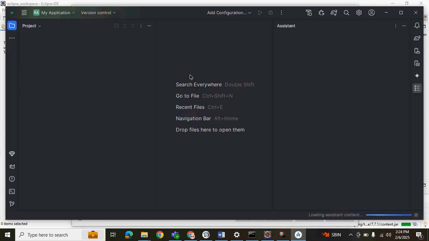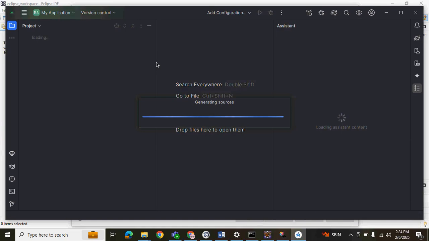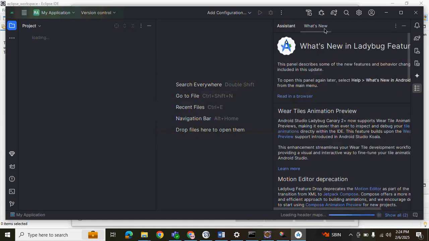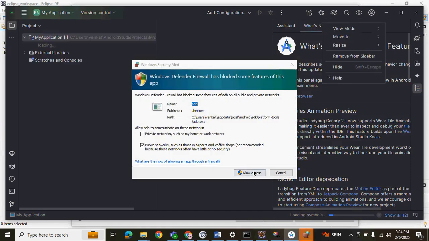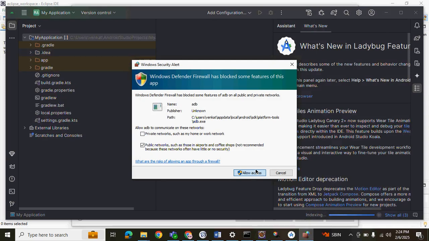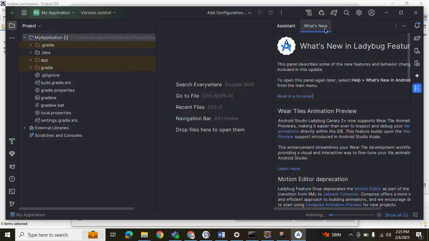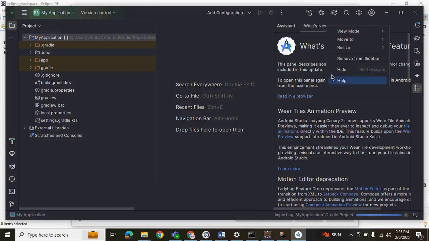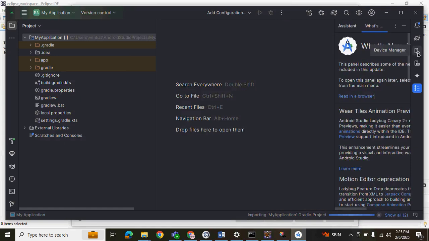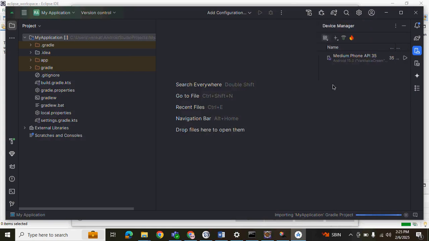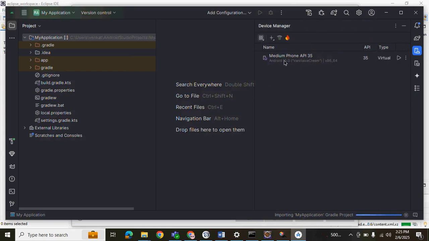We need not develop anything. We just require this to create the virtual devices. Complete. Provide access. Okay, there is a device manager. Right, device manager. I think they have given one